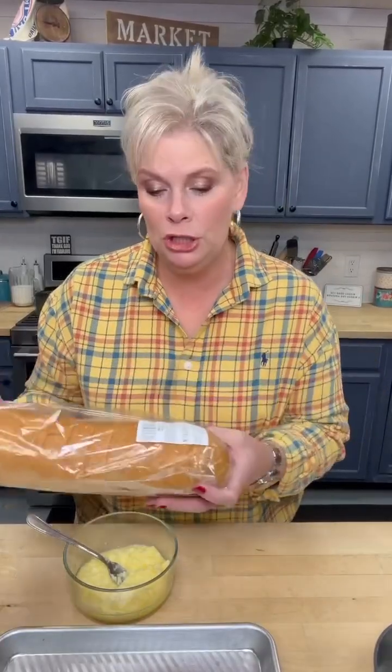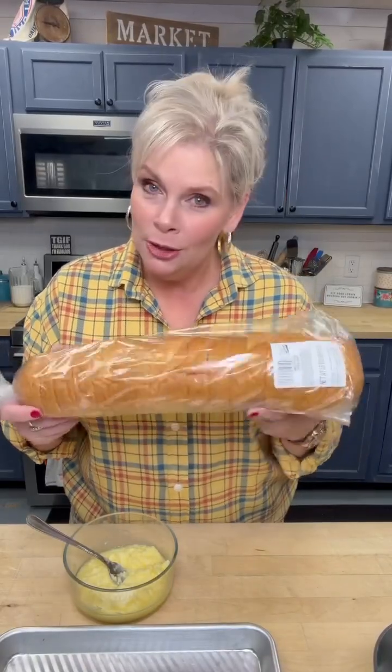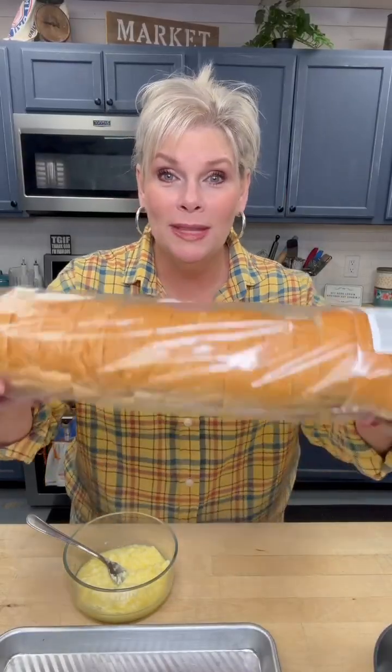Now, at the grocery store, over in the deli section where they make the breads and stuff, they'll have some baguettes. Now, I got this; this is French bread. And I got this over in the deli section. And as I was looking at it, the lady from the deli came over and said, "Would you like for me to slice that up for you?" And I said, "Oh, you do that? I didn't know." But they will slice this up for you at Price Chopper here in Branson, my favorite grocery store. And so go get you a piece of French bread,